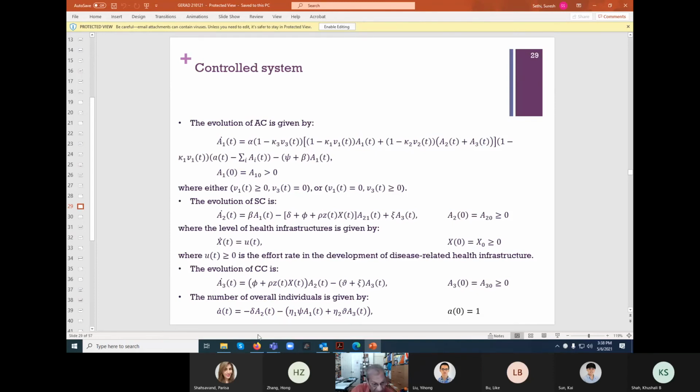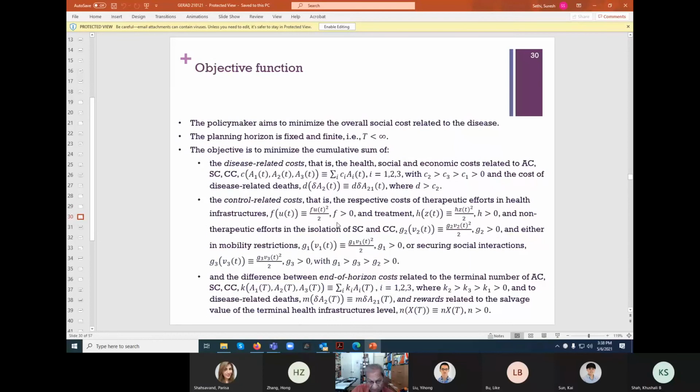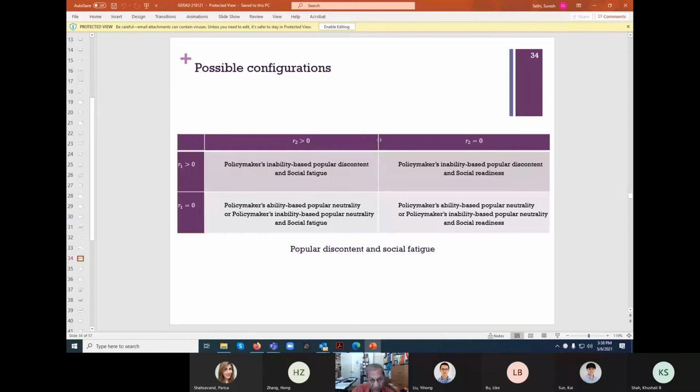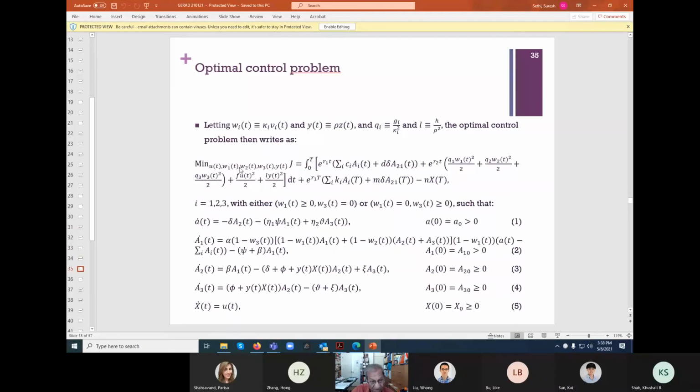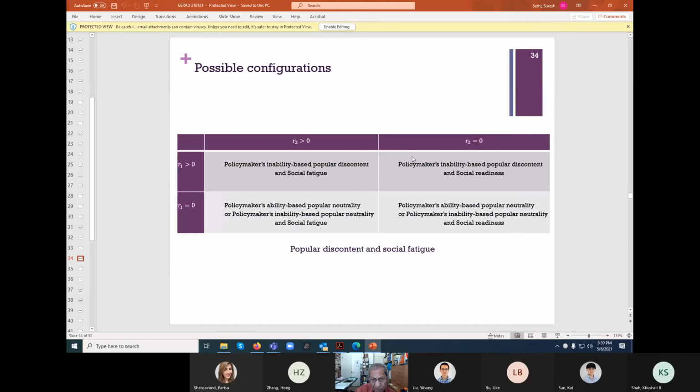So once we have the controlled model, then we have to come up with objective functions. You see here the costs are being talked about, various costs which are quadratic because we want to solve the problem. So we want to minimize over these controls. These are the costs, and you can see the discount rate is the way by which we capture social fatigue. Okay, so we can have a negative discount rate to model the social fatigue. And so we can see some parameters somewhere. I don't know where these are, but